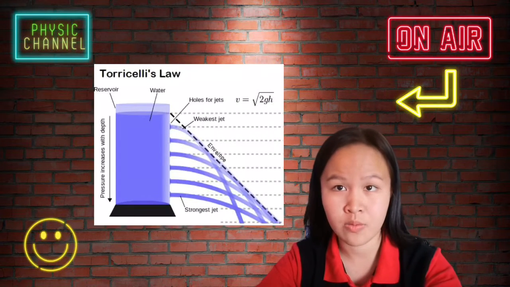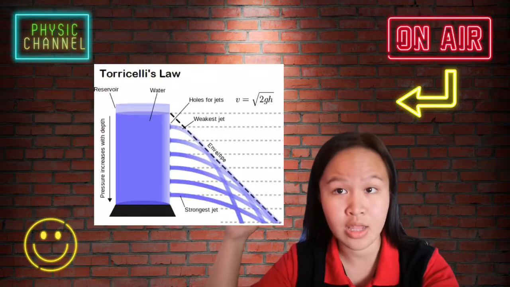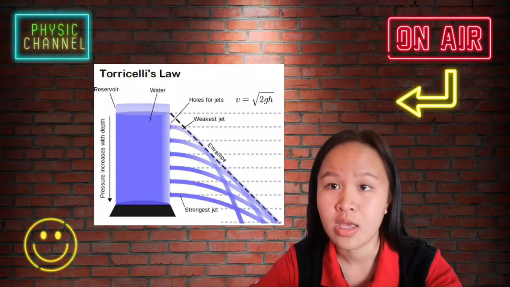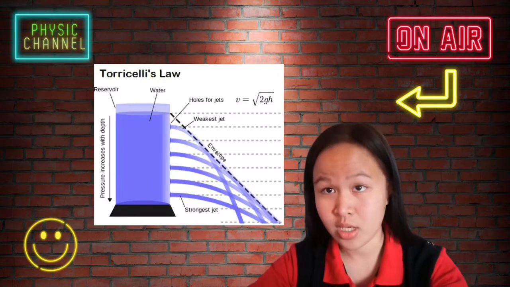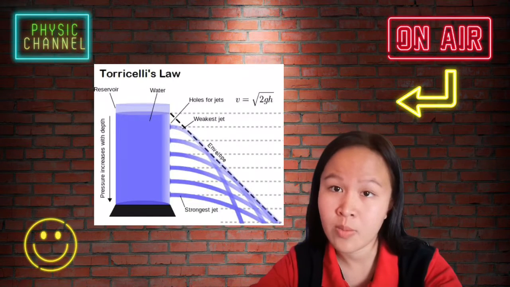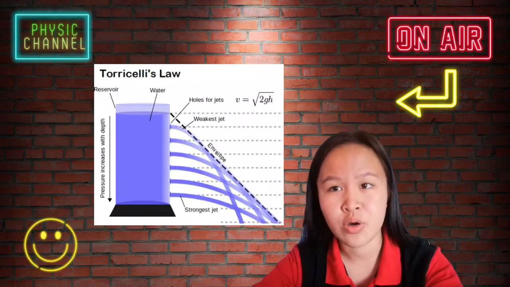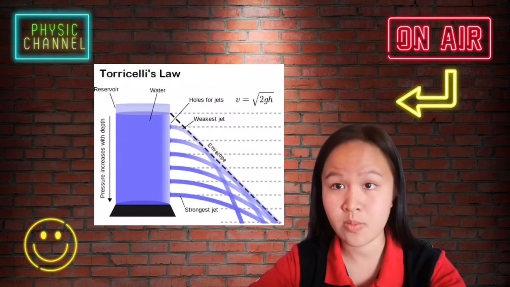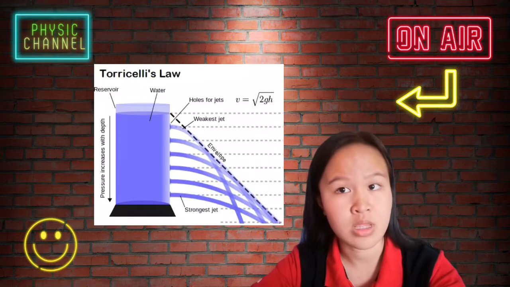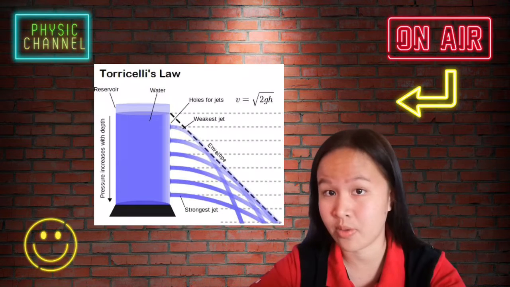Okay, so thank you for the question. So for your information, Torricelli's law describes a relationship between the fluid leaving a hole in the container and the height of the fluid in that container. If you fill a can with water and you punch a small hole near the top, some water will come out from the container at a certain velocity. Then if you punch a hole all the way down at the bottom, the water will come out with a greater velocity